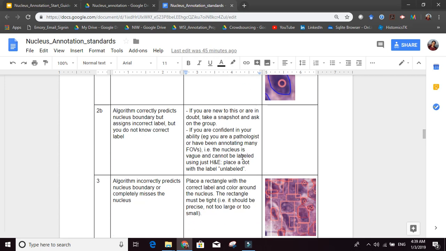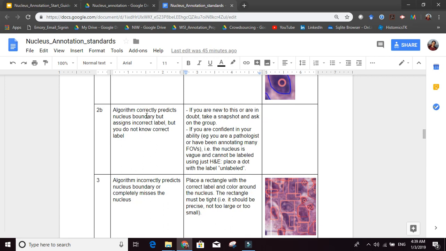Okay, no problem. The algorithm correctly predicts the nucleus boundary, but assigns an incorrect label, and you don't actually know what the correct label is. If you are new to this and you're not sure, then you can take a snapshot, put it in the group, and ask.